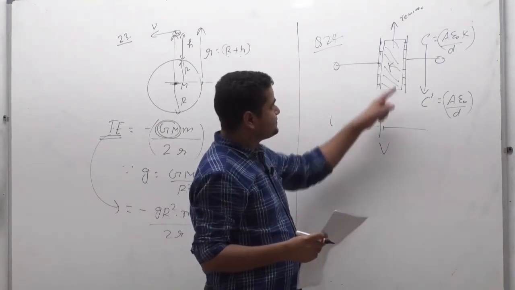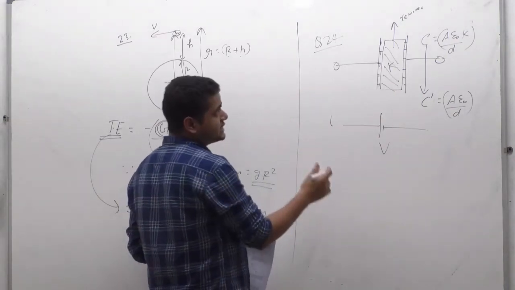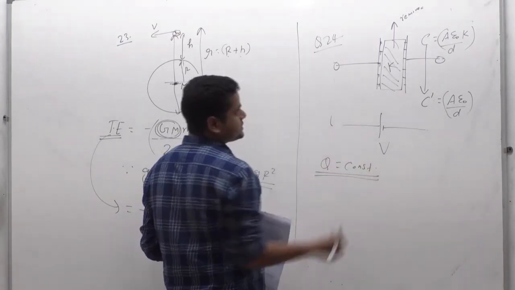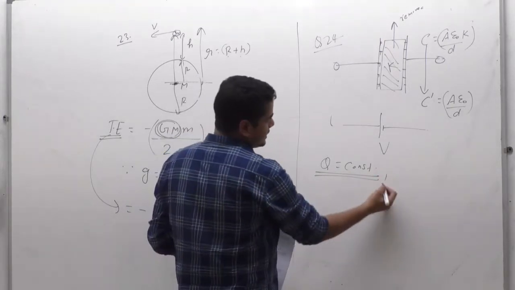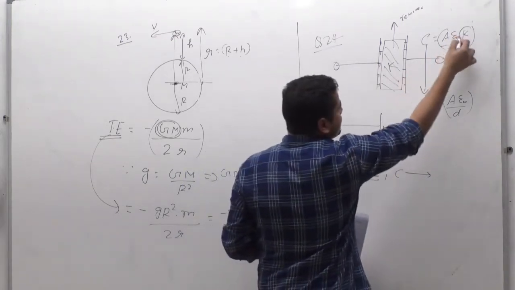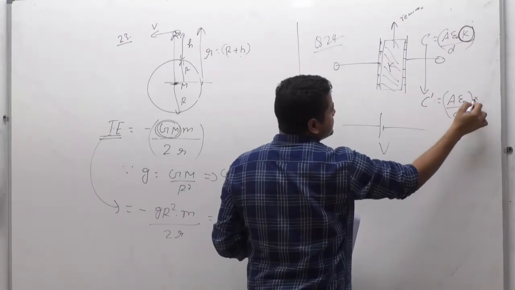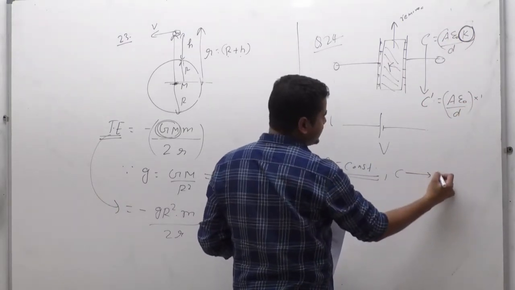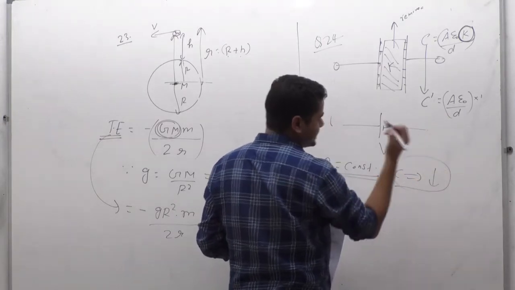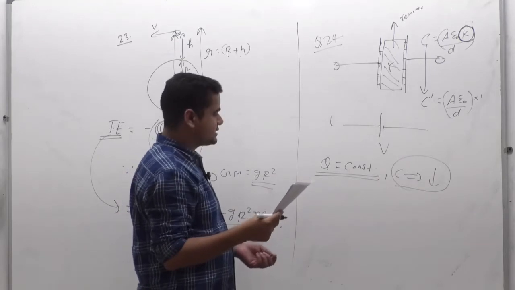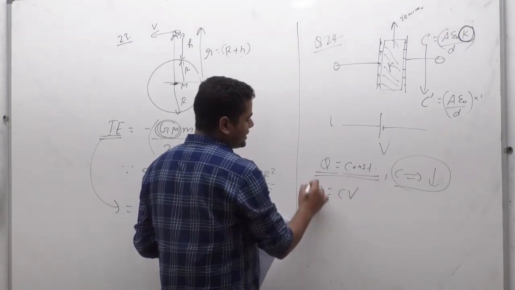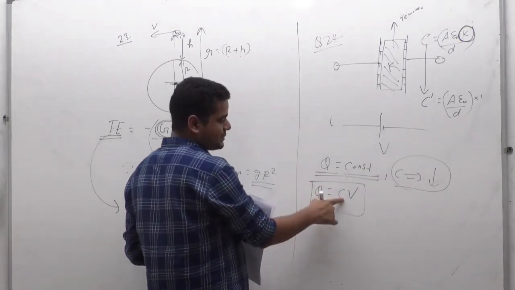So you can say that when the dielectric is removed, Q will not change, because it is already stored at the surface of the plate. Q is constant, correct, and C is changing. Now is C decreasing or increased? Since K is always 1 or greater than 1, and here it is air, C will decrease. Capacitance is decreased, Q is constant, and you know that Q equals C into V. So from that formula, Q is charge, C is capacitance, V is voltage.